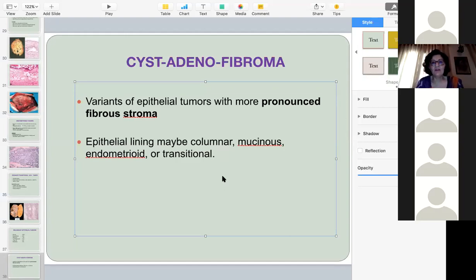We only talked about the surface epithelial tumor today, and we will discuss the germ cell tumors, the sex cord stromal tumors, and the metastatic tumors of the ovary in the next lecture. But since the surface epithelial tumors are the most important and the most common tumors, I discussed them in detail today. So which is the most common bilateral tumor of the ovary?